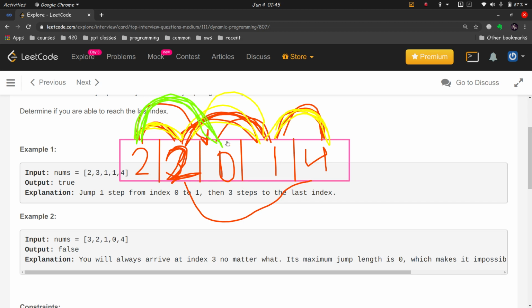Okay, so the brute force way to do this is to go through all the possibilities. Like we jump to this also, we jump to this also, and for this we consider all possibilities again, so it will be a recursive program, and it will have a very high time complexity.